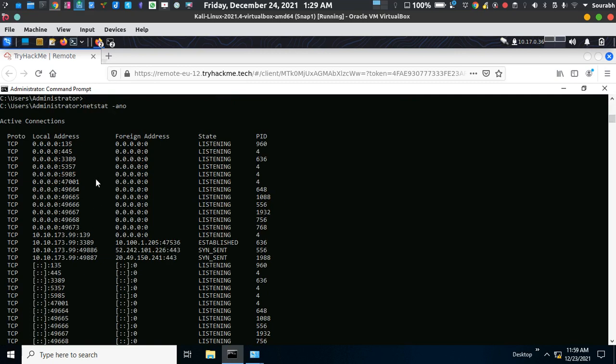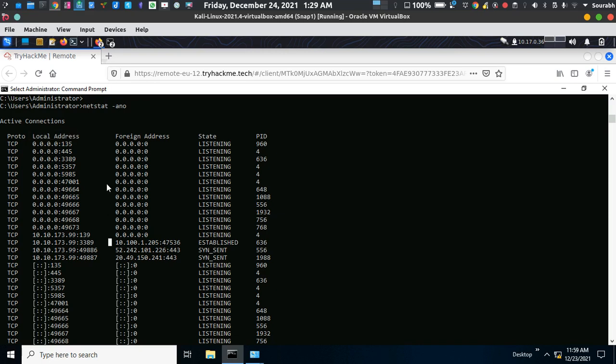It's going to show you the protocol being used, which can be TCP or UDP, the local address and the particular port, and the state of that port, whether it is listening or established or something else.